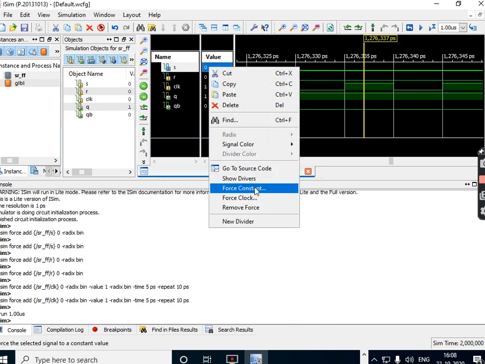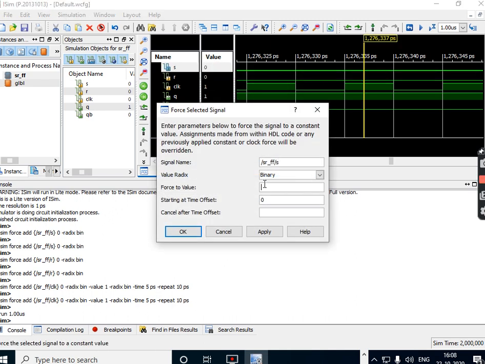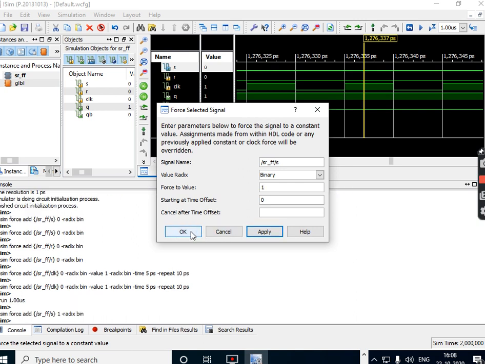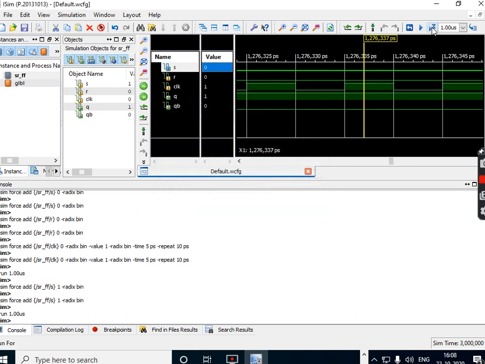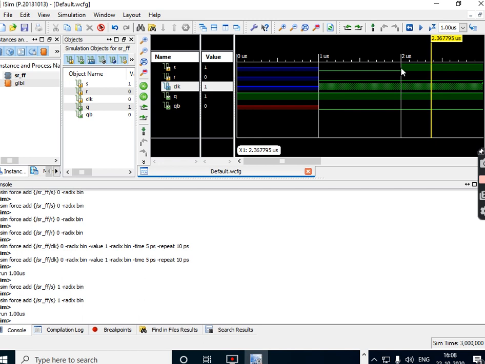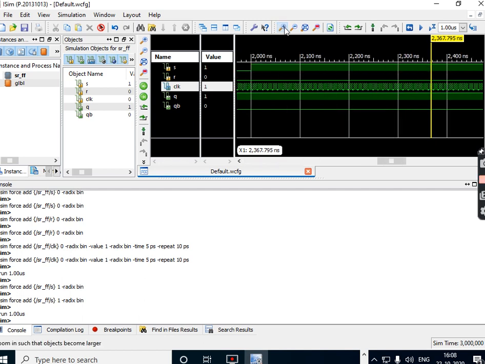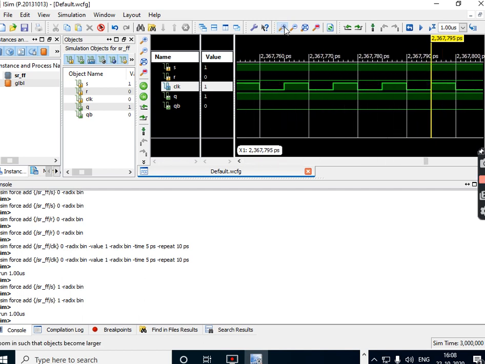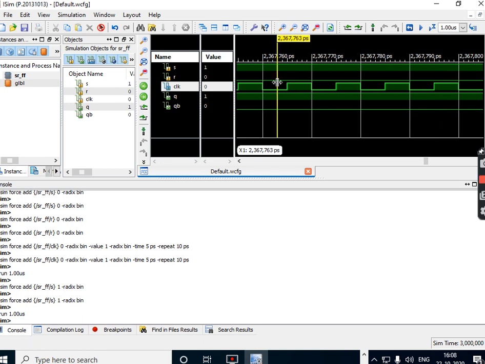Okay, now I'll check S as 1. Now I'll see what will happen to this. S as 1, and I apply the clock and run the simulation. Now I have to check in this particular case because S is 1. I expand, zoom in, and I check the results now. So for S is 1, R is 0, when clock is applied, you're going to get state as 1 0. And when clock is 1, it will continue to be at 1 0 state.